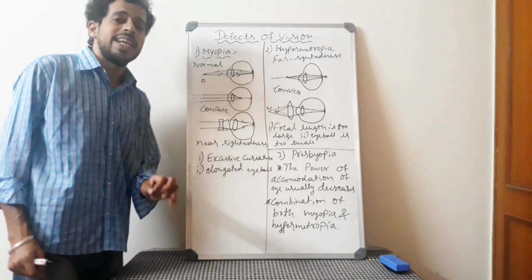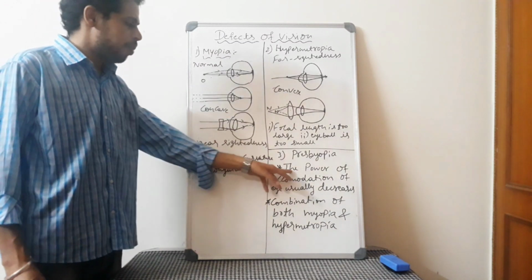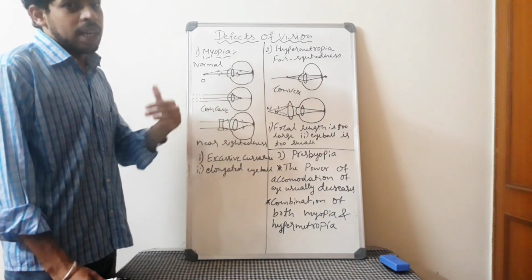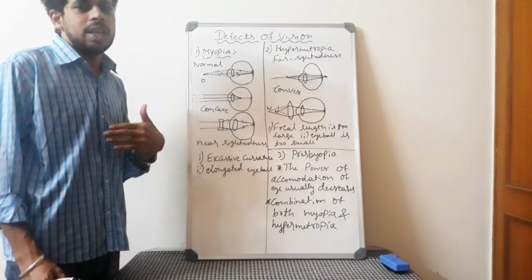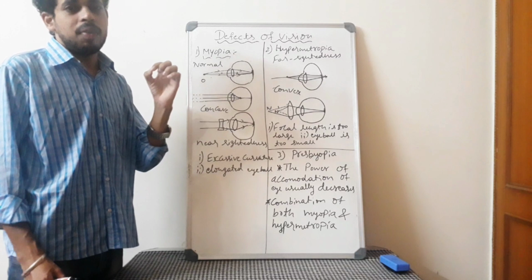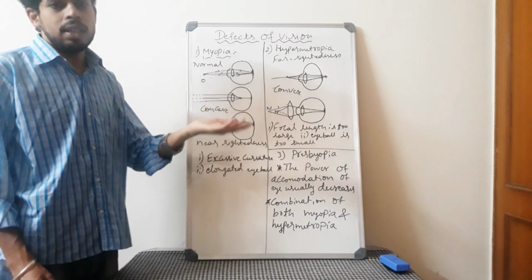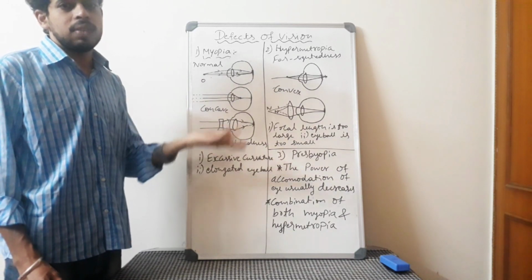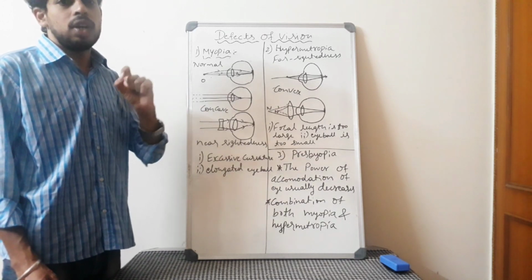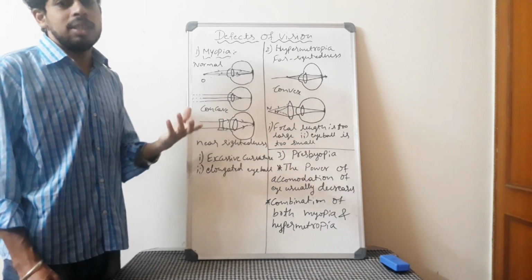Presbyopia is usually found in aged people. As people become aged, the power of accommodation will reduce. The eye's ability reduces, and it cannot focus objects properly, whether near or far. We have already spoken about power of accommodation in the last class. Power of accommodation is the ability of an eye to focus objects correctly, whether nearby or far away. We can see near objects as well as far objects clearly only because of power of accommodation. That is the ability to adjust the focal length of the eye. That ability is reduced as the person becomes aged.